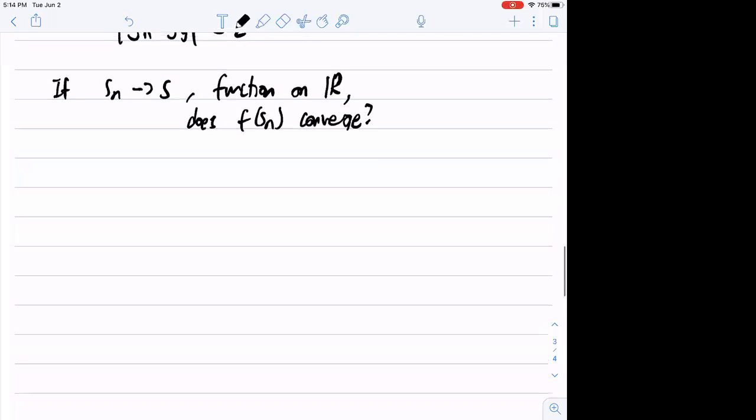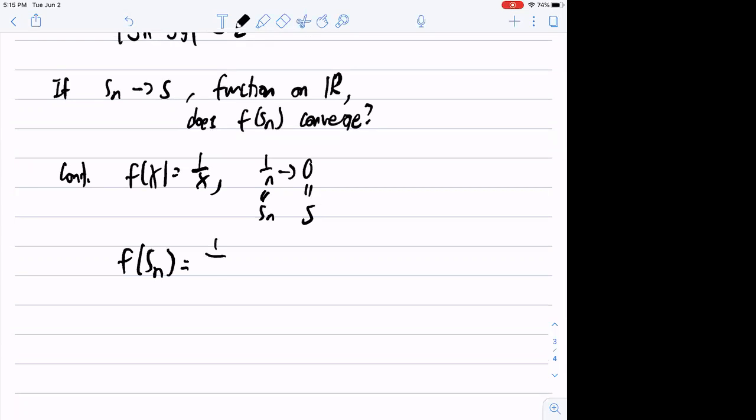And even for continuous functions, this is not true because you could take f of x as 1 over x, and you see that 1 over n goes to 0, so this is my Sn, this is my S. But then f of Sn is 1 over (1 over n), which is n. And this sequence diverges, right? It diverges to infinity, right? So you don't want it. So in a sense, you know, it still goes to like f of 0, right? Because if you think of f of 0 as sort of like infinity,